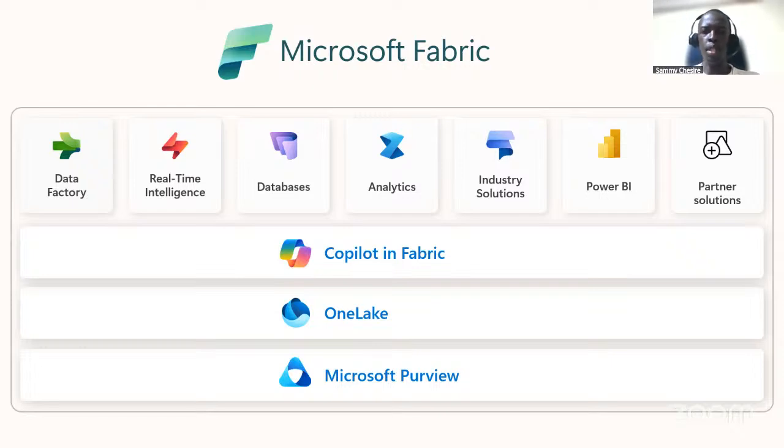So Fabric combines the best of Microsoft Power BI. I know that's a tool that many of us have heard of before. We have the Azure Synapse Analytics, Azure Data Factory. So to create a single and unified software that is a software as a service, that's a SaaS platform. Each of these workloads is built for a unique purpose. And right now we are going to explore how this experience empowers data and business professionals to build the potential of their data. In this era of AI, it's important for us to know that AI is also a big piece of what happens in